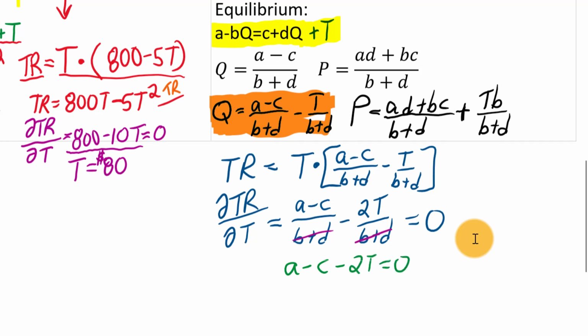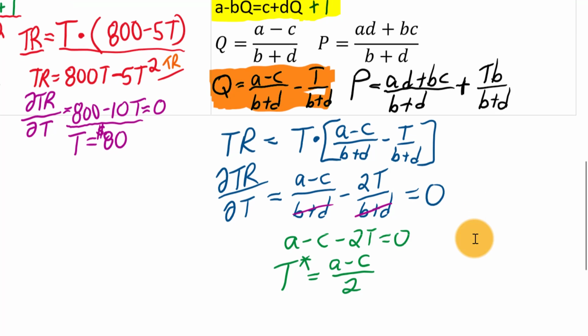And we're solving this for T. What's the optimal tax level? Call that T star maybe. Equals A minus C over 2. Wow. I mean, wow. Now, if you're not a math nerd and you're not an economics nerd, then you're probably not even watching this. But what does this mean? It's telling us that the optimal tax level is just the y-intercept of the demand function minus the y-intercept of the supply function divided by 2.